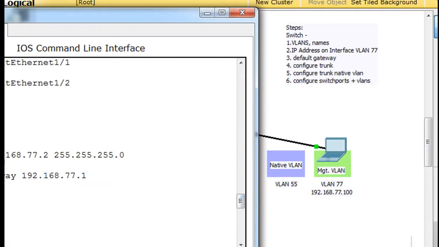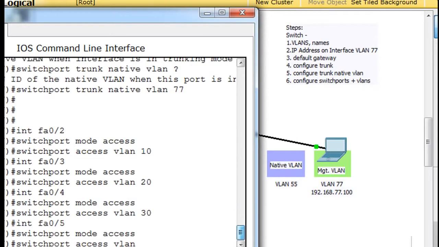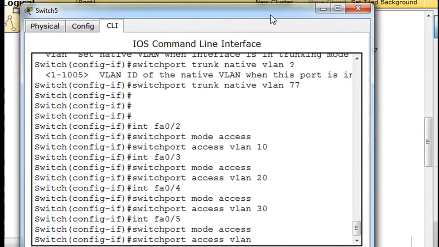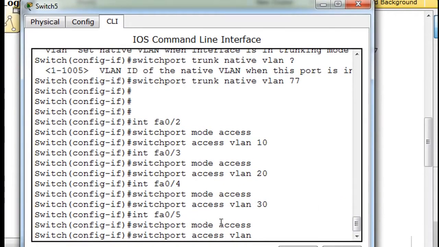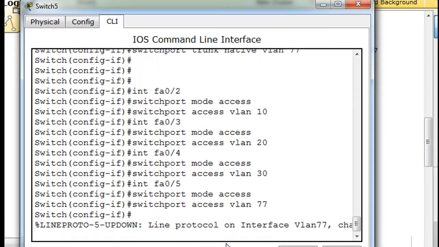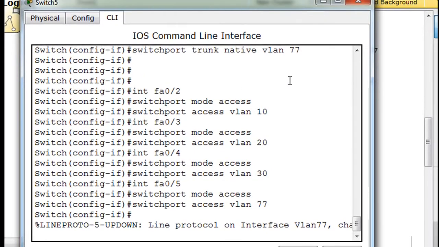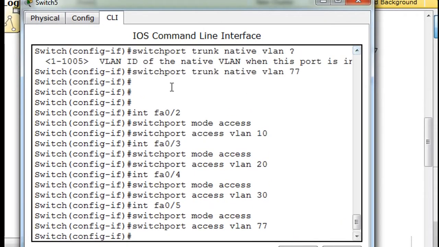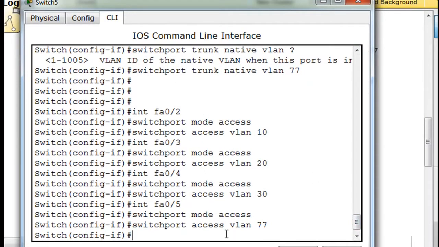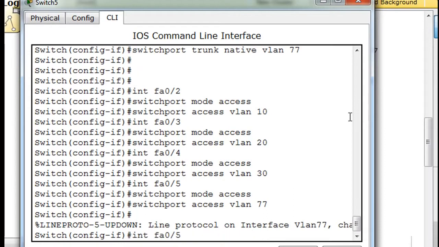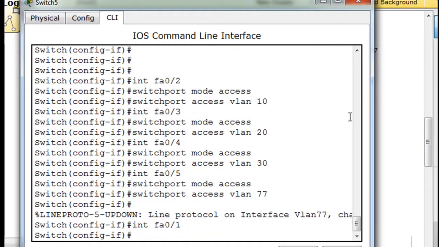So that's no good. Management VLAN 77, okay, that's good. All right, so that's a small problem. We can fix that. All right, so switch port mode access, switch port access VLAN 77. All right, so what we'll do is we'll go back to port 2, and no, we'll go back to port 1, and we'll change the native VLAN to 55. So what I'll do is I'll say switch port access port 1, there it is, and we'll say